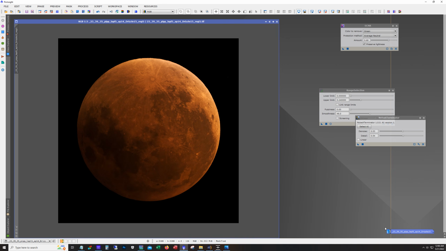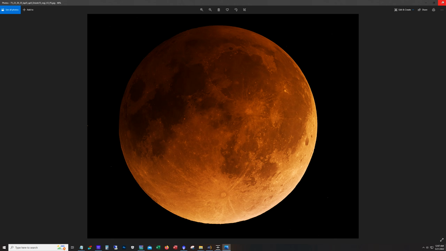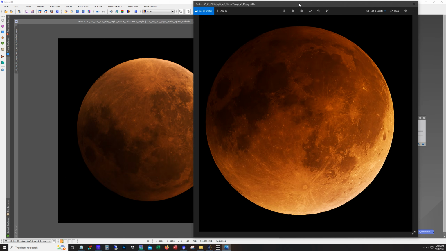So, that's pretty much it. It didn't really take that long to do. Running it through PIPP and then AutoStakkert and then Registax, those three programs may seem intimidating, but as you saw, you can run through them relatively quickly. And then after that, it's processing it in PixInsight. I kind of rushed through this processing. Let's see how it looks compared to this one. It's pretty close. You can tell that I clearly spent more time. Oh yeah, we have to rotate and flip this. But anyway,